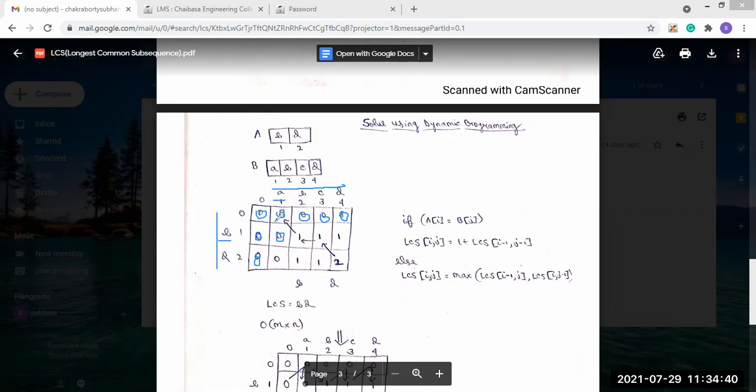So 0 and 0, diagonally it will be checked. The maximum will be 0 because they are mismatched, so we will put the value as 0 here.